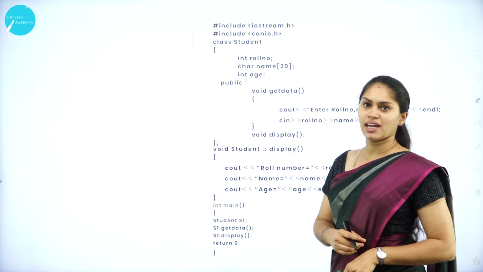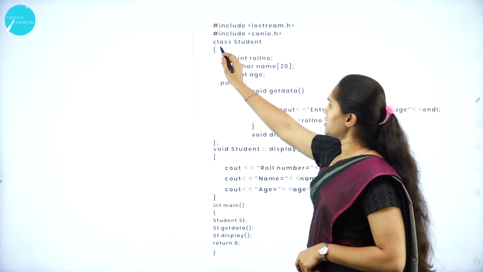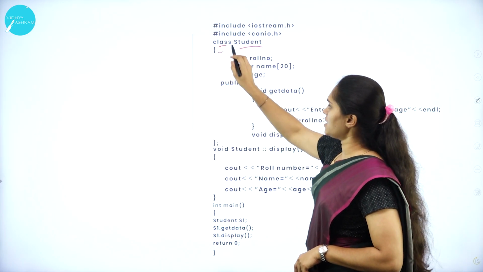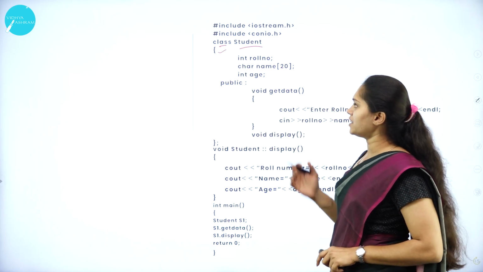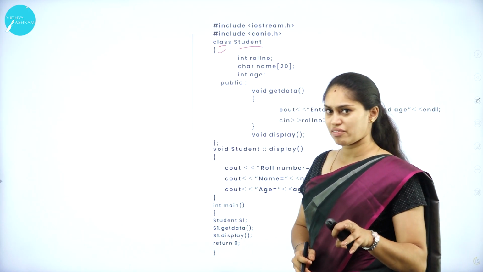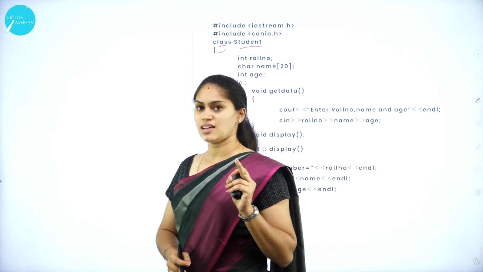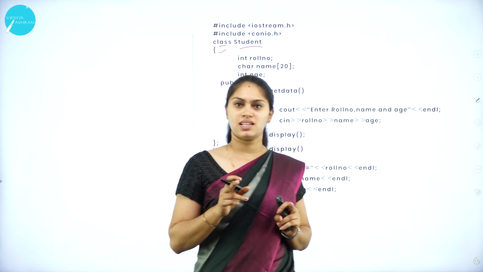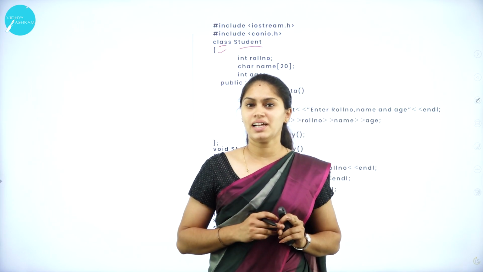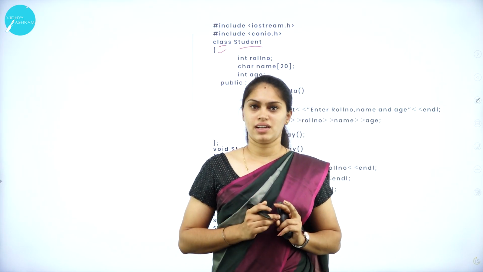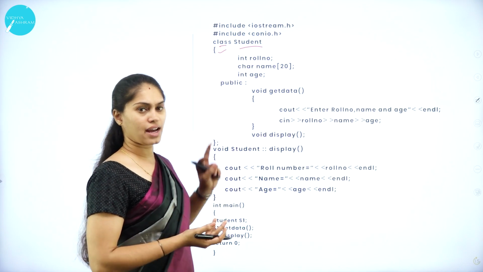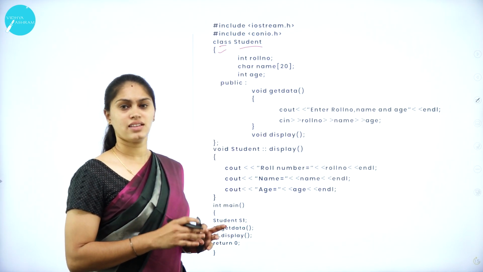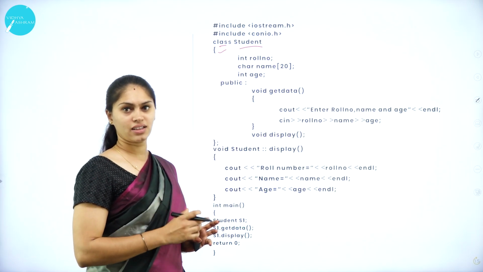After that, I am creating a class called student. Here I am using the class keyword, then student is the name of the class, and this indicates the opening of the class. What are the data members I am using? Did I specify private? Yes or no? I am not specifying private here. If I am not specifying the access specifier, then what will be the default access specifier? Private itself. So if I want to declare any of the data members as private, there is no restriction over defining that keyword.